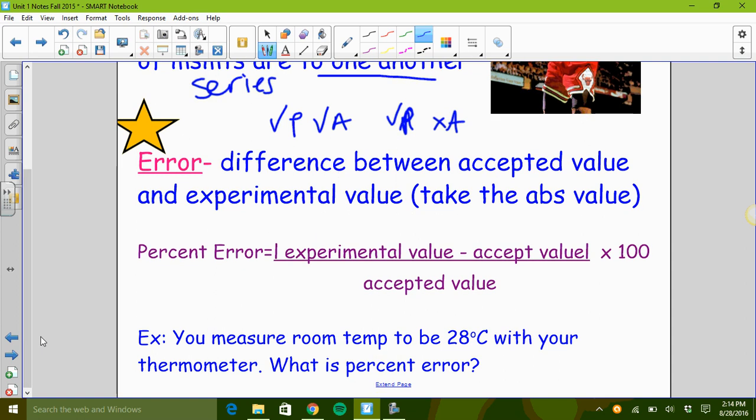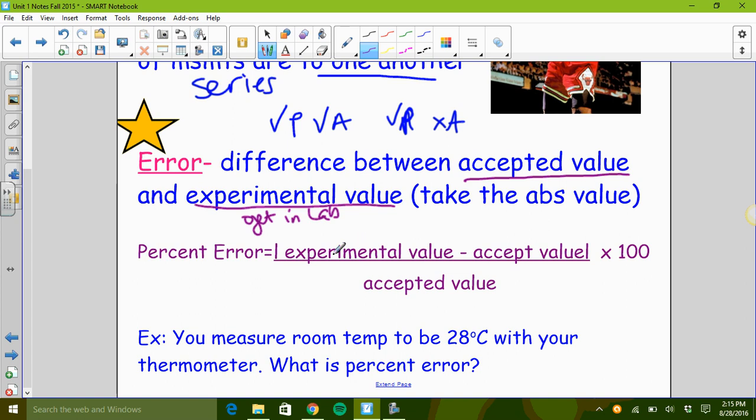Similarly, a lot of times in our measurements, we also can have error. And error is the difference between what you want, which is usually the accurate value, and what you're getting, which is where you continually measure or where you're shooting the basketball. So the difference between the accepted value and the experimental value, which is the value that you get in the lab, for example, the difference between those is going to give you the error.